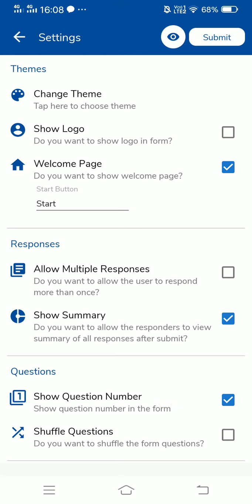Then show question number, yes we wanted it. And then shuffle questions. Suppose you are conducting it in your classroom and you don't want your students to copy. Generally the students do it, right, they copy it from others, first question answer, second question answer. So if you keep shuffling the questions, it will change the order.